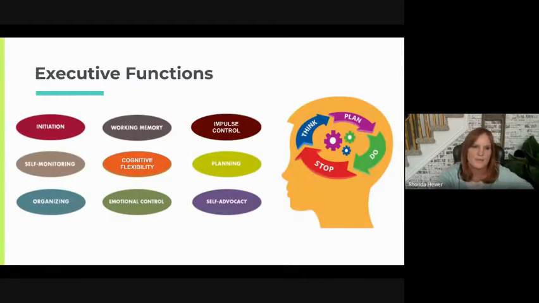Looking at what constitutes the executive functions. Executive functioning is like the CEO of your brain. It's a collection of all these brain processes that guide your thoughts and behaviors, and they're located primarily in the prefrontal cortex. The thing about that is your brain actually develops from the back of your brain to the front of your brain. So this is the last thing to actually get developed by students or by anybody as their brain is developing.